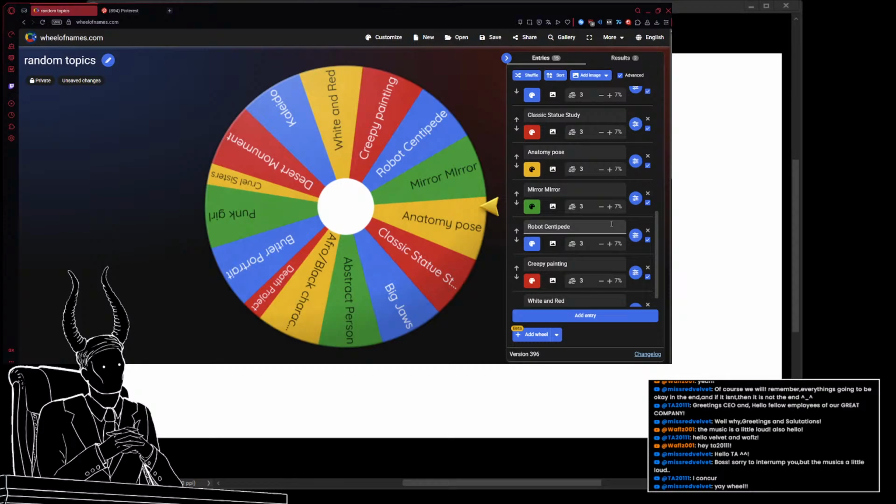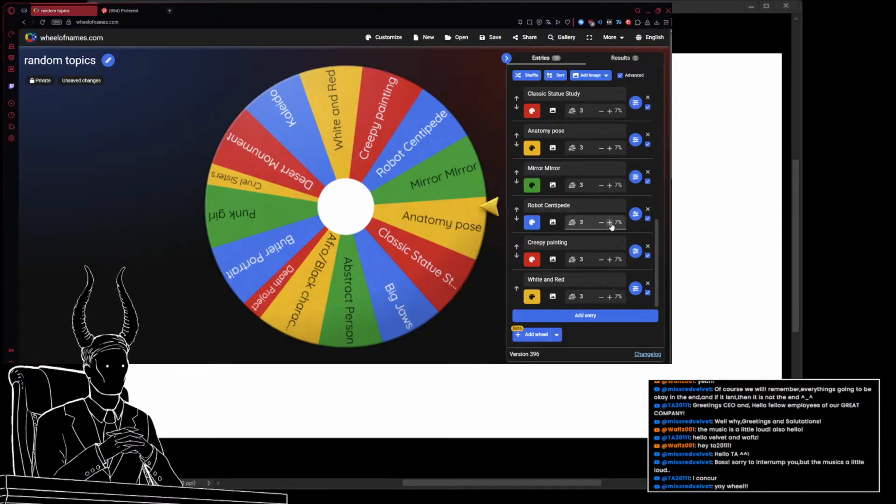Robot Centipede will be concept art about a hypothetical robot inspired by a game called The Forever Winter. If this one is picked, I will give more context. Creepy Painting is basically trying to make a creepy character, but giving it the look and feel of a painting done on canvas. And then White and Red is to try and make a drawing or a character whose composition and color strictly use those